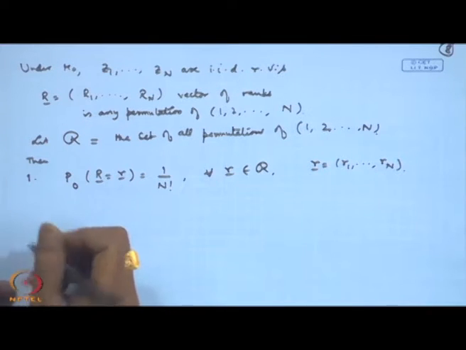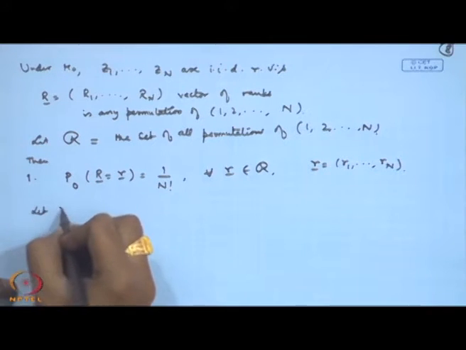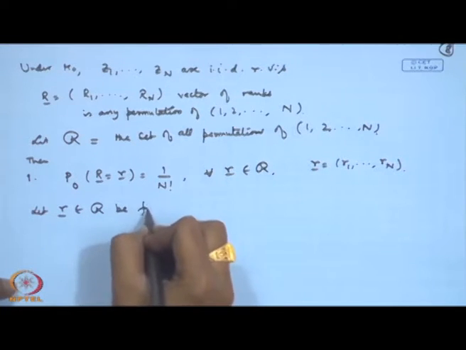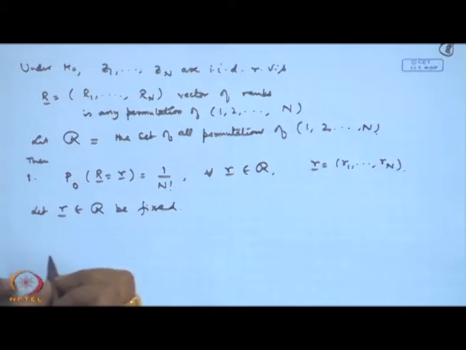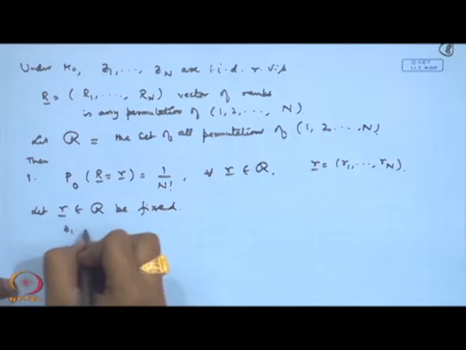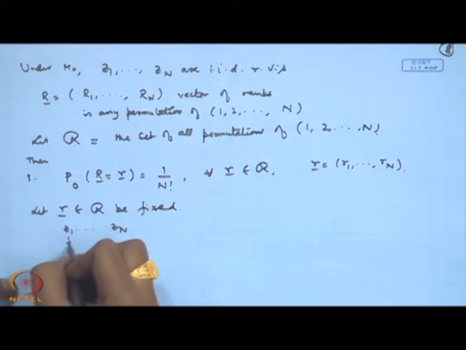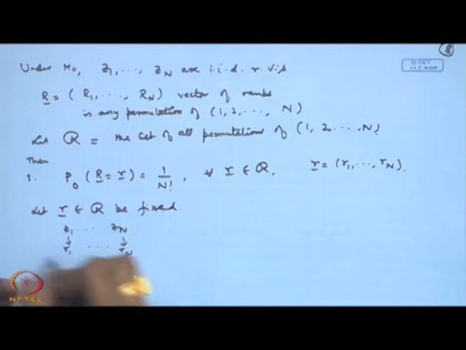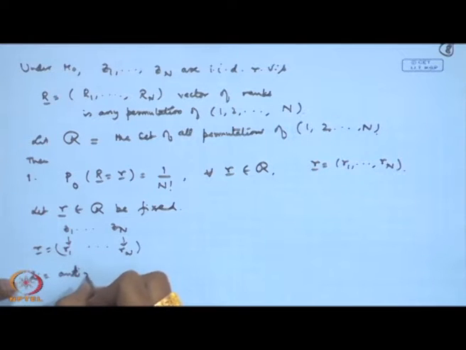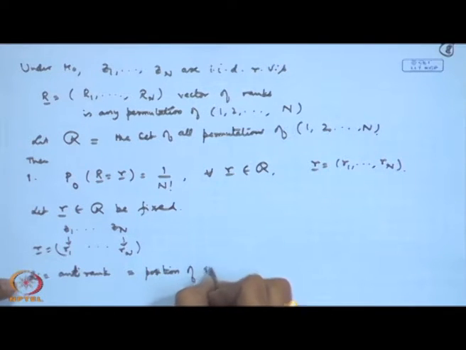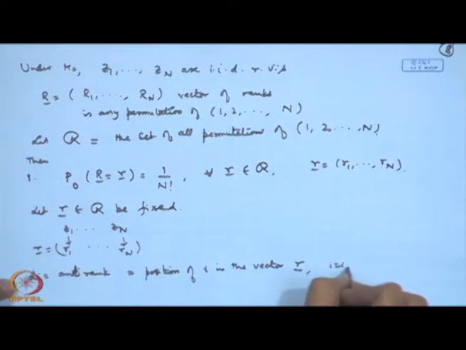Let us fix some value r as a fixed value in the set of permutations. Now, if I am considering Z1, Z2, ..., Zn, then corresponding to this we are having R1, R2, ..., Rn. These are the ranks here. Let us consider Di to be the anti rank. This is a new terminology that I am introducing here. This is nothing but the position of i in the vector r, i equal to 1 to n.